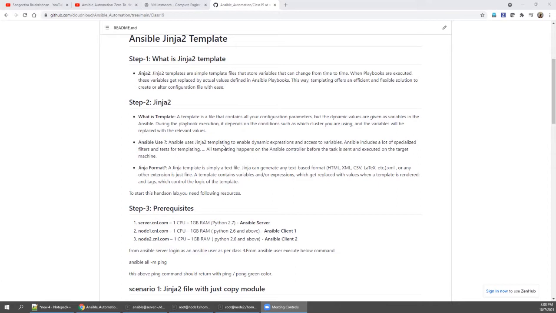All you need to do is prepare the templates in Jinja format. Jinja supports almost all common file formats. You can even change the extension, but we need to customize it, which we will see in the deep dive session.